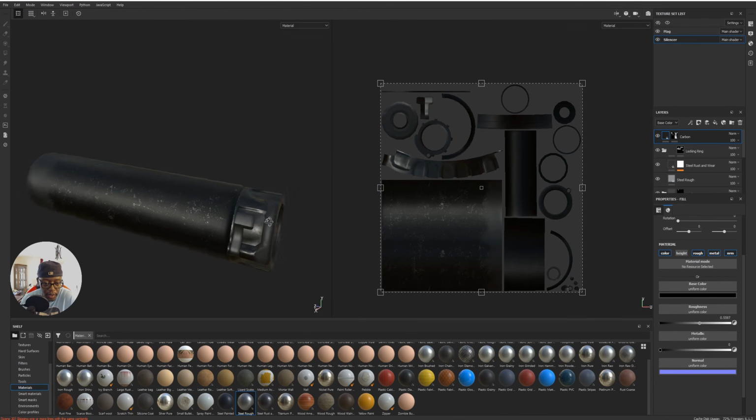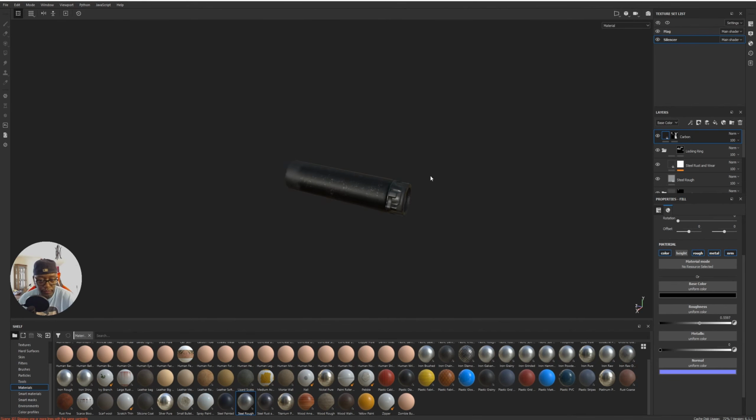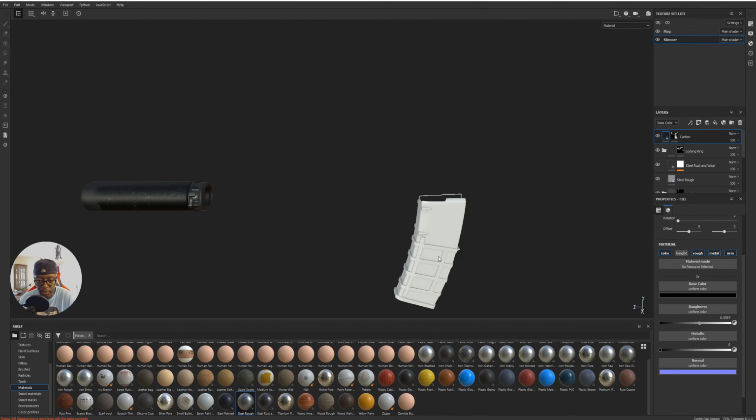Still looking very gray, but I think it's better. And I will get the text once I figure out what the suppressors say. So for right now, I'm going to leave this as is, and I'm going to